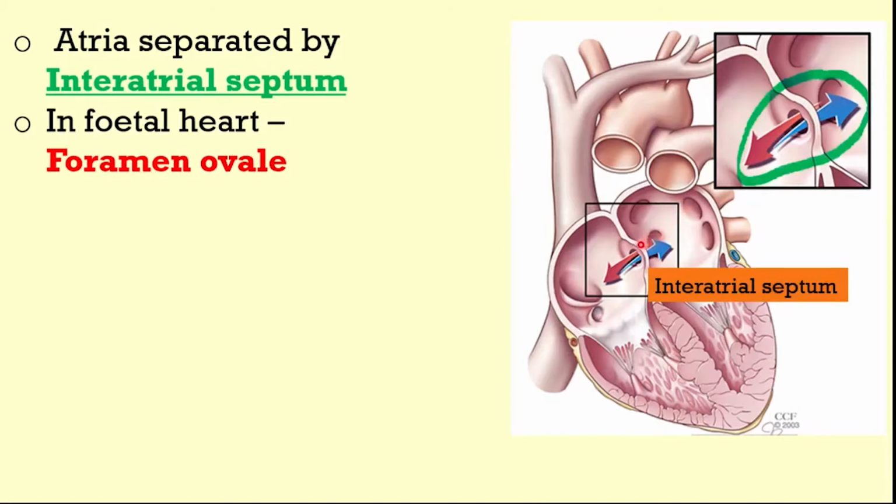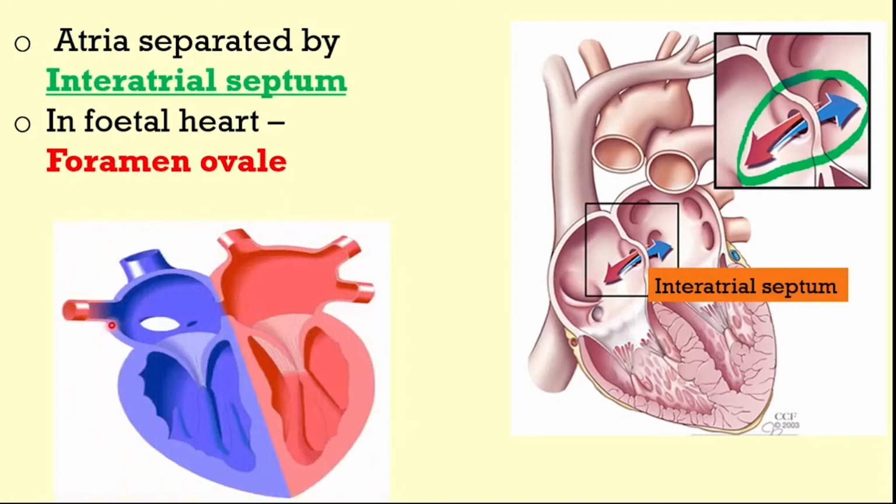A fetus does not use its own lungs to oxygenate its blood. We don't find breathing in the fetus. Then how can a fetus get oxygen? Fetus depends on mother circulation for oxygen supply. It gets oxygen through the blood flowing through the placenta. The umbilical cord delivers oxygen-rich blood to the right atrium of the fetus. Now the oxygenated blood is there in the right atrium of the fetus.